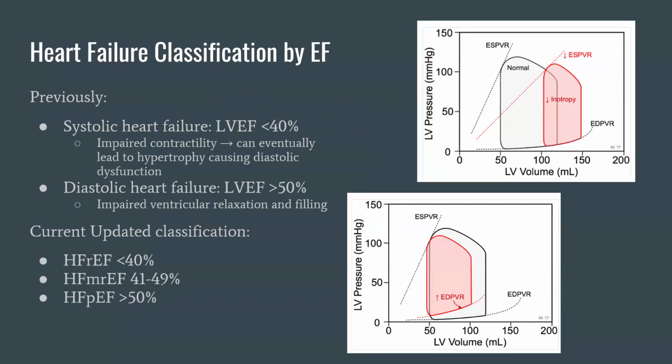But I just put that up there basically to think about the pressure volume loop again, and then think about how systolic heart failure and diastolic heart failure have different compensations to move that pressure volume loop based on the changes of preload, afterload, and contractility that they'll have. We already kind of touched upon this. Current updated